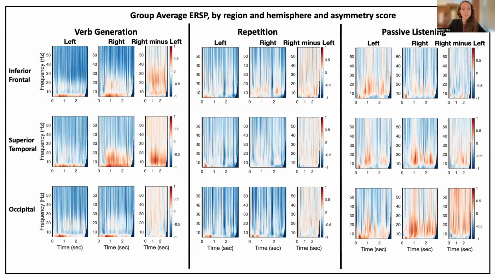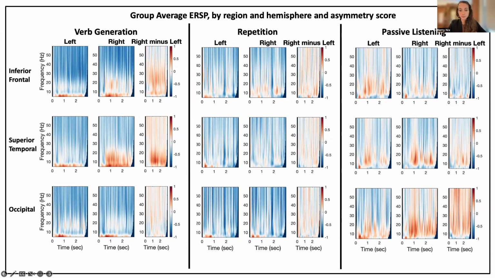And that was during passive listening, but not during repetition. We also included this chart because we delineated cutoffs and frequency bands, and in our averaging, we also wanted to show the full spectrum of ERSP across frequencies. Here we have time frequency plots of group average ERSP across regions of interest for verb generation, repetition,